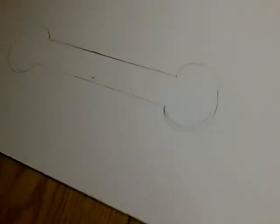That would be the handle of the Halo Reach energy, the Halo energy sword. And designs come last, so don't forget. And after that,